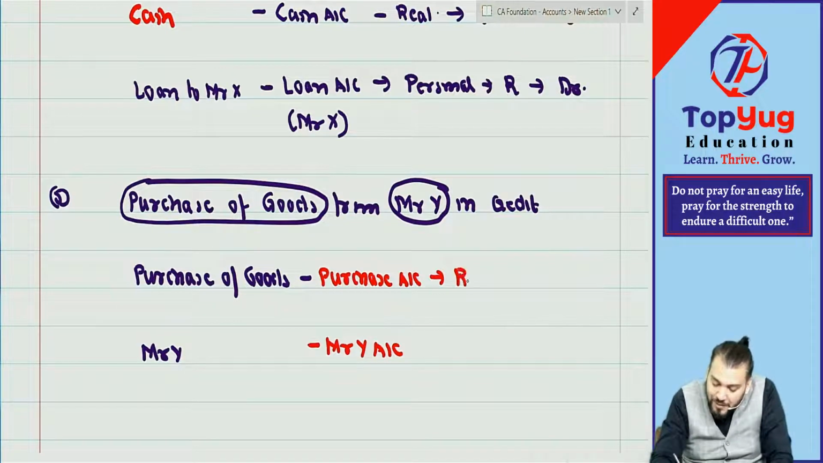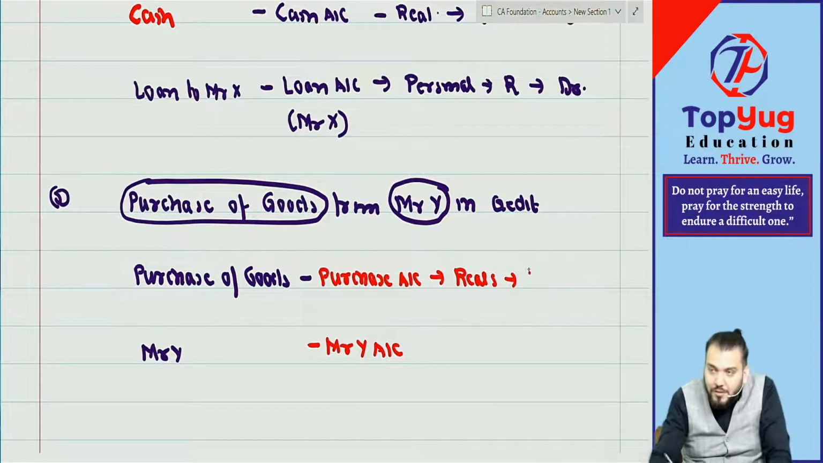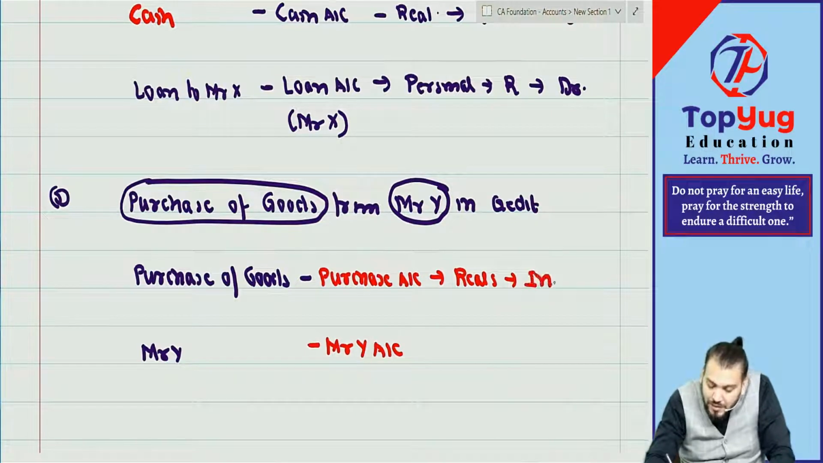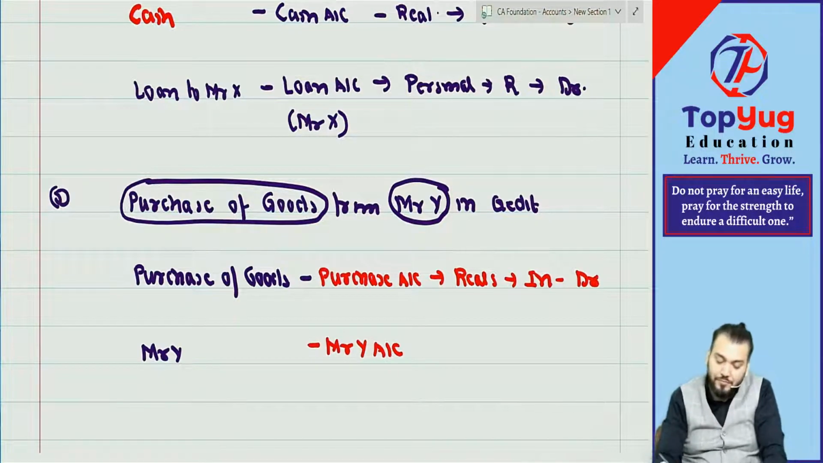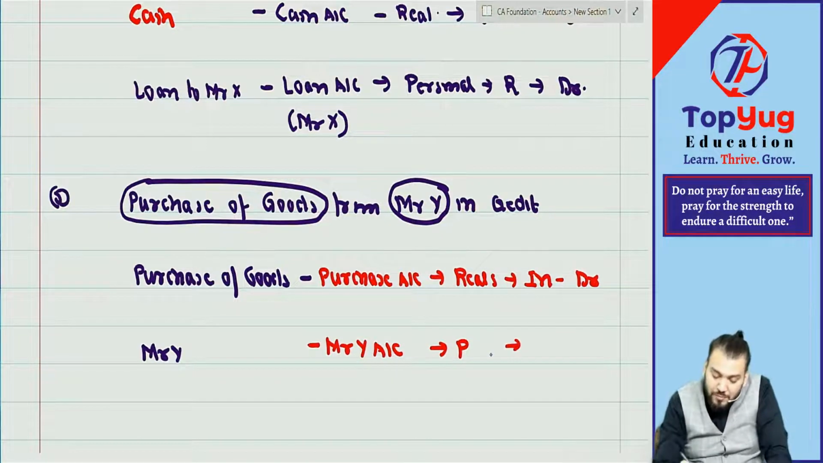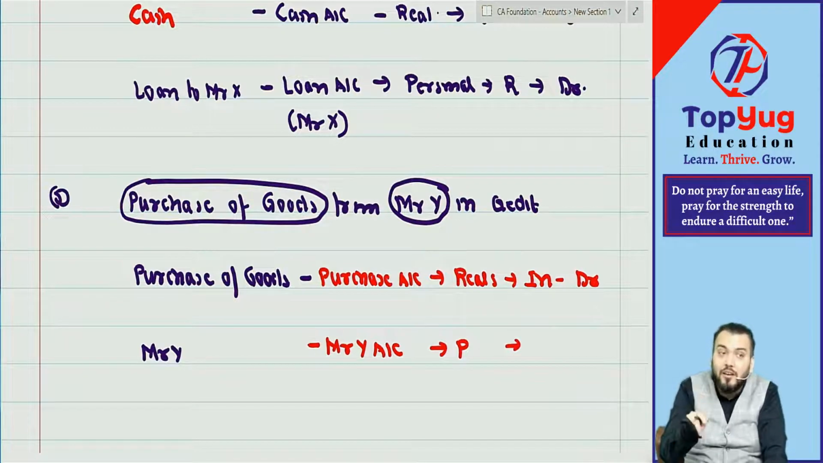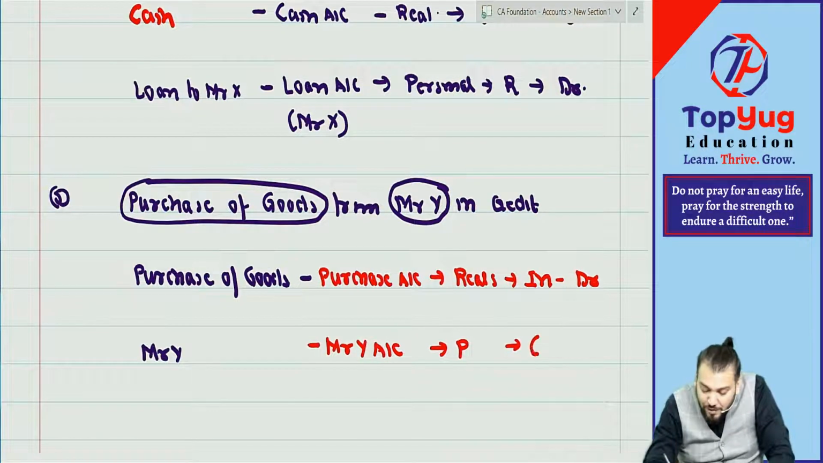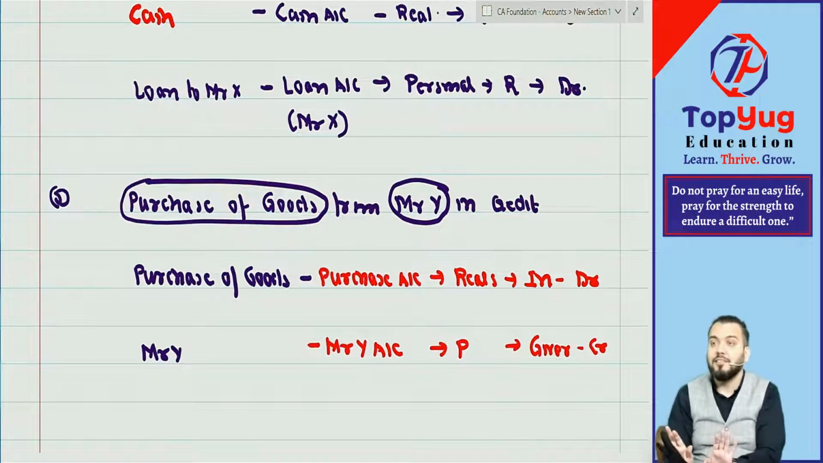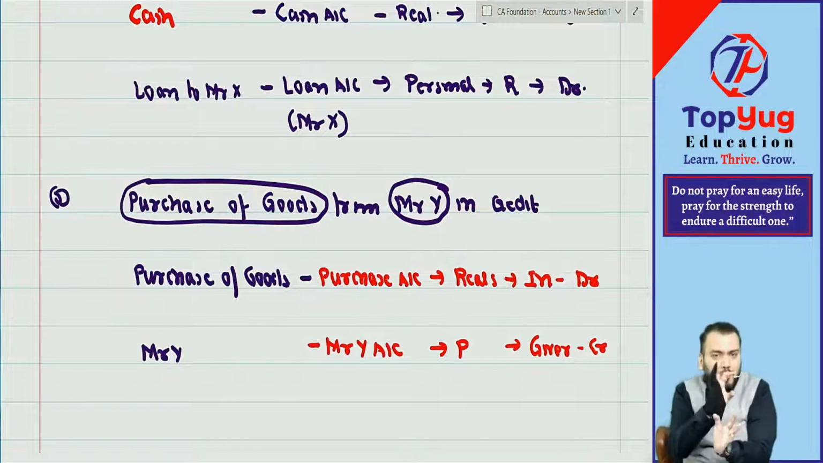So can I say it becomes real? Tell me, goods is coming in or going out? Purchase goods. Goods is coming in or going out? Coming in. Therefore it will be debited. Mr. Y, which account? Personal account. Tell me, Mr. Y is receiver or giver of goods? So debit the receiver, credit the giver. Understood? Enough. Now we'll take many other examples, but you have understood the basics of how to analyze the